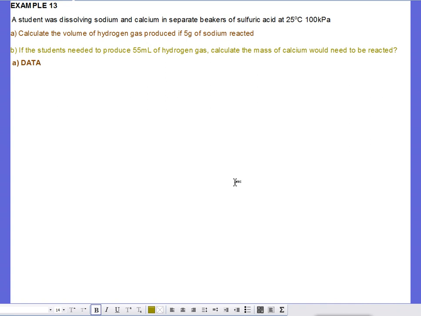This is the video that goes with example 13. It's our second example of using moles and equations together. In this case, the example is a student was dissolving sodium and calcium in several beakers of sulfuric acid. It's quite dangerous, I wouldn't recommend you do that in the lab, but they were doing it at 25 degrees